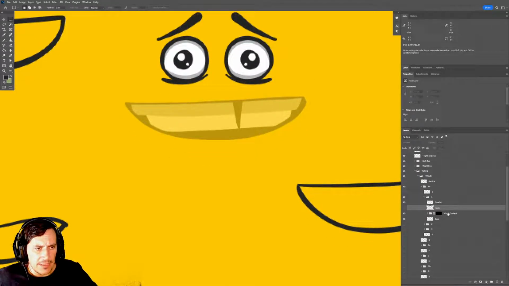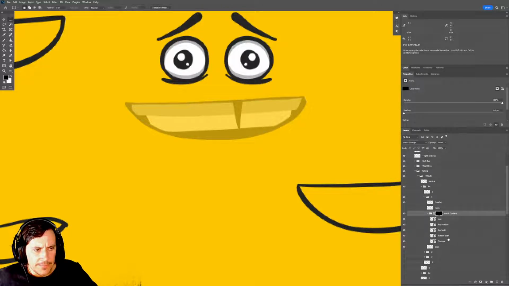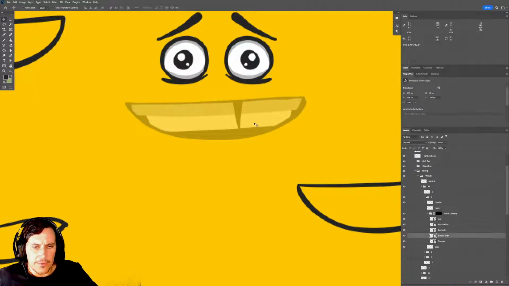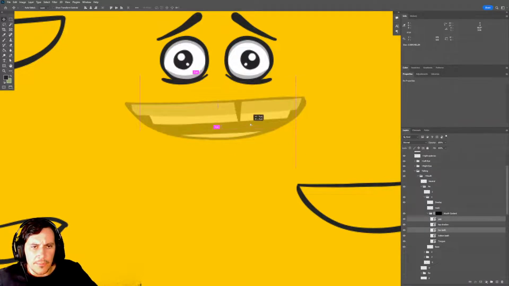So yeah, now what I can do is, let's take the bottom teeth. The bottom teeth are right out of the way. Look at that. So now I'm going to take the top teeth and the gap, move that up,